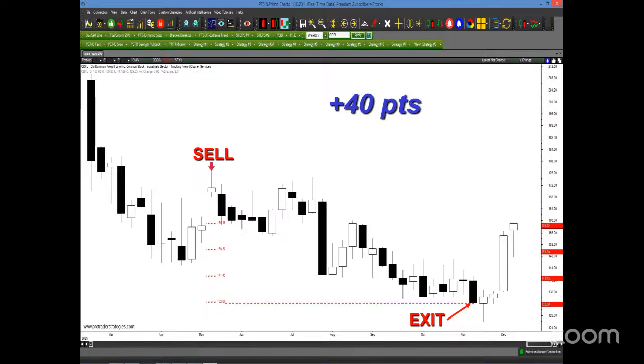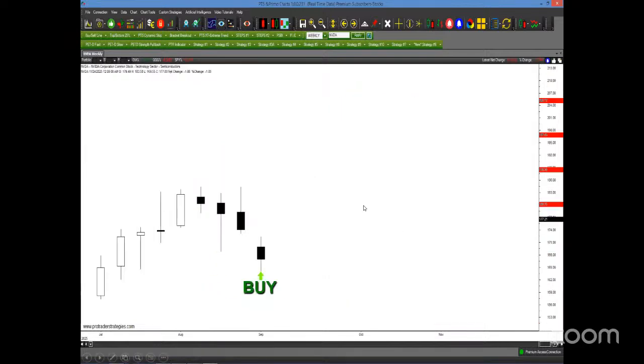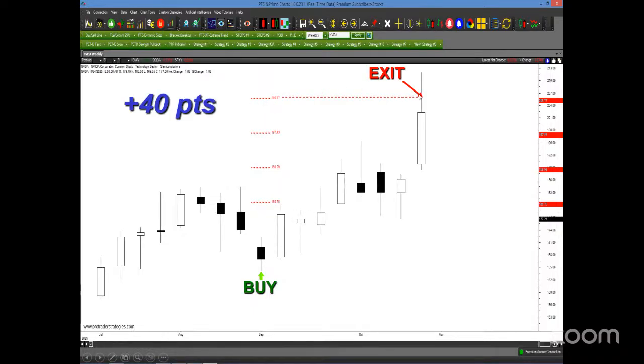And as we saw, price starts to go right back up. Okay, let's look at NVIDIA. Here we have phase 1, phase 2, and strategy number 9 generated a buy signal on this downward phase 2 swing. Here are our exit points. Once again, let's take the top level for exiting. And there's a nice quick 40 points in just a couple of months before price started to falter just last